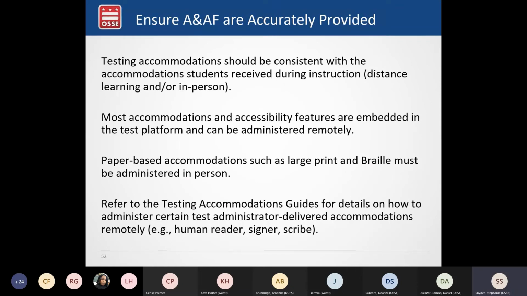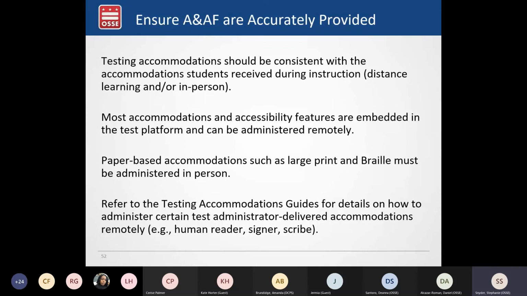Part of the school's responsibility is also ensuring that students receive the accessibility features and accommodations that they need, and are receiving those accurately. A note that most of the accommodations and accessibility features are embedded in the test platform and can be administered remotely.